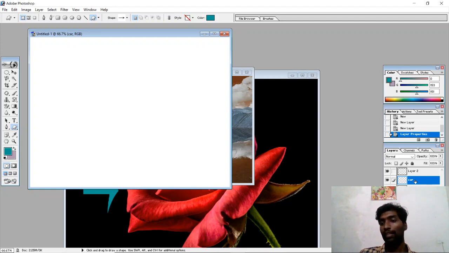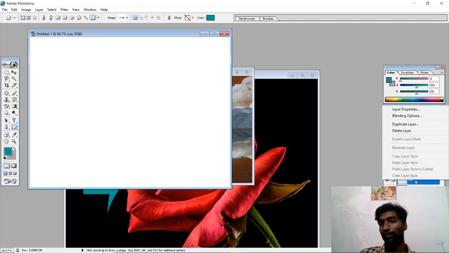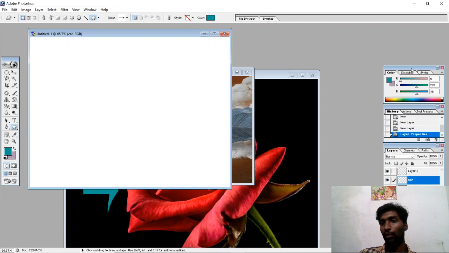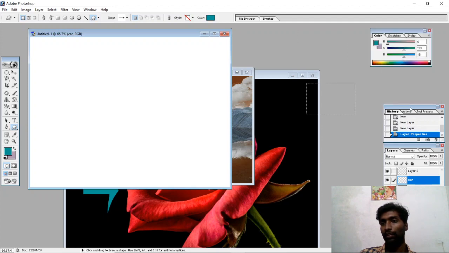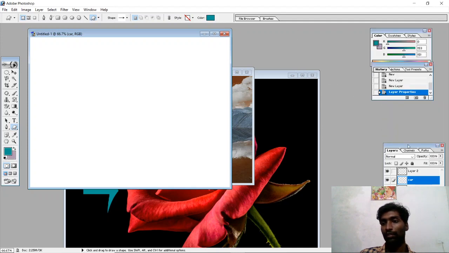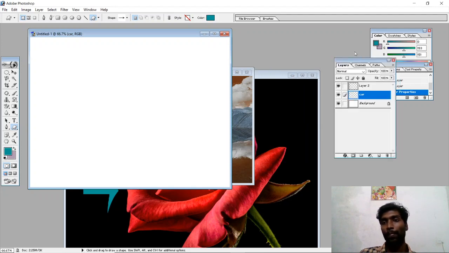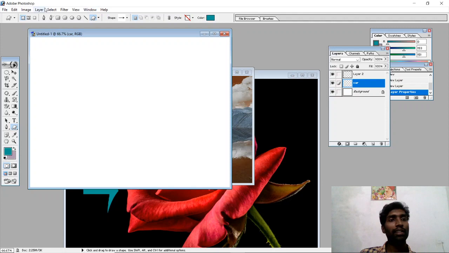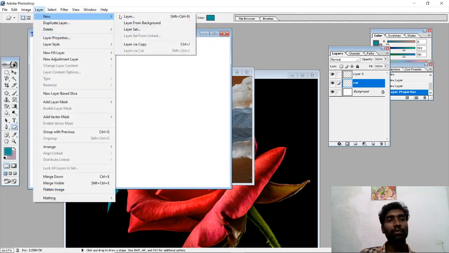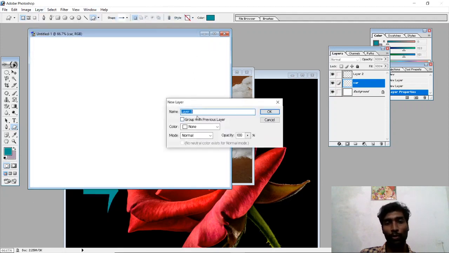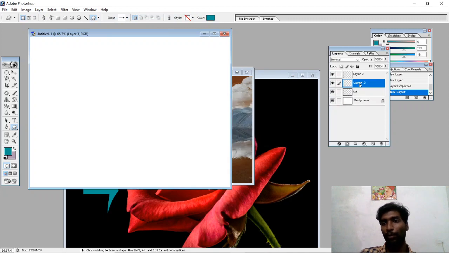If I want to delete this car layer, right click. I think you cannot see, so I am just keeping it here. Now we can see: Layer, New Layer, now Layer 3. I am going to give the name tree. Enter.